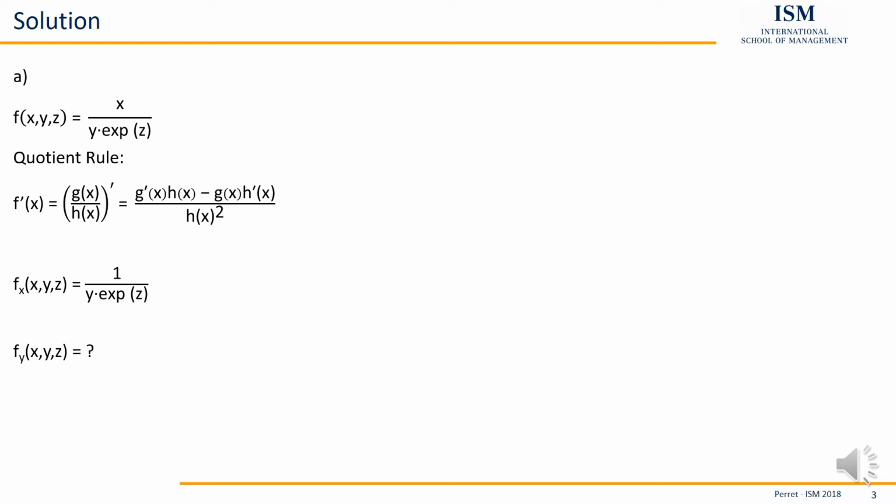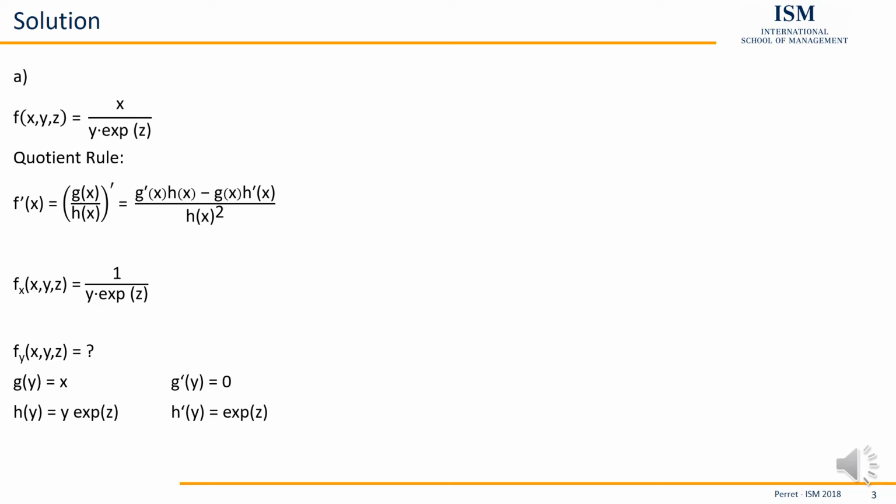So first off, if we want to calculate this, we take a look at what our g is. Our g here is x, and x derived for y is 0. Then we have the function below the fraction line, the denominator function, that's our h. So here it's y times exponential function of z. If we derive this, we are just left with exponential function of z. Then we can just use these 4 different functions and plug them together in the quotient rule to get our derivative for f